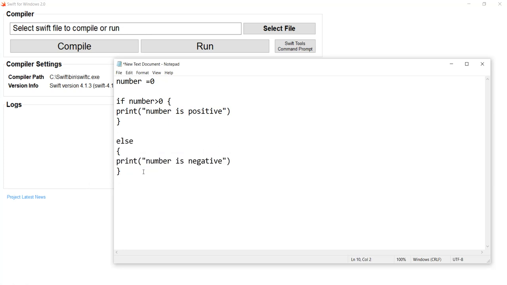Now just imagine the number is 0. The number is not negative, it is going to be 0. So it's essential that we put an if condition again, something like else if. What we can do is put an if condition here also. Because, for example, if the number is a negative value like -1, -2, -3, then we can say that the number is negative. But if the number is 0, we cannot say the number is negative. So we'll put an if condition again here.